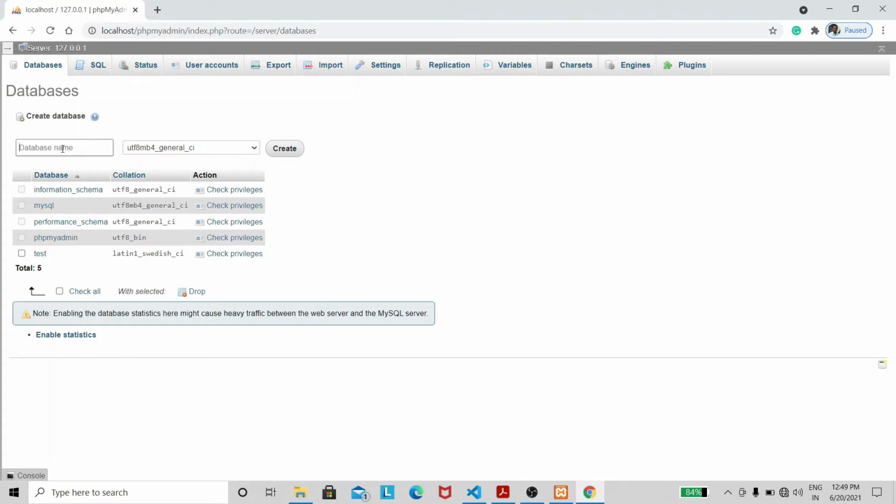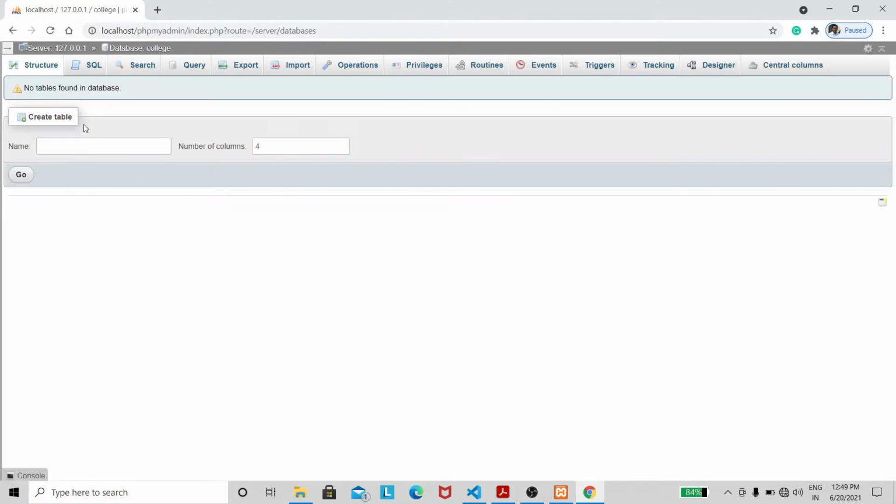I'm going to name the database as college and I'm going to hit on the button create. Now the database has been created. You can notice from here the database selected currently is the college database which we just now created.